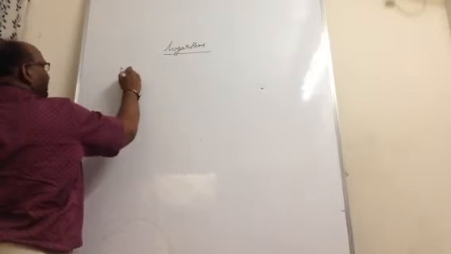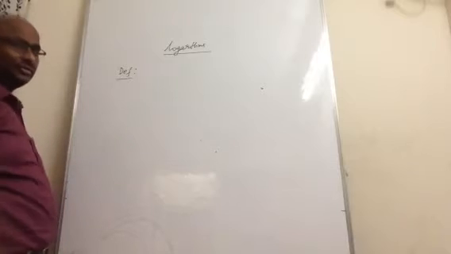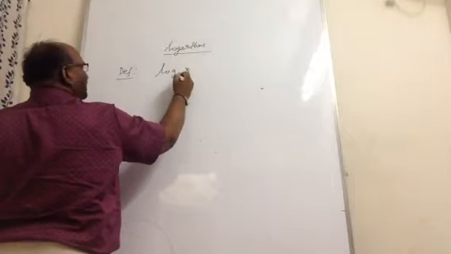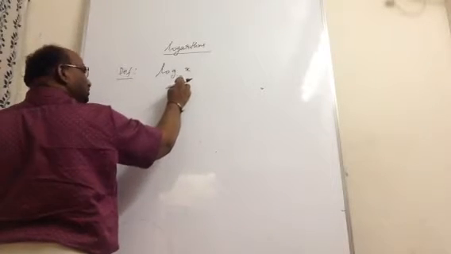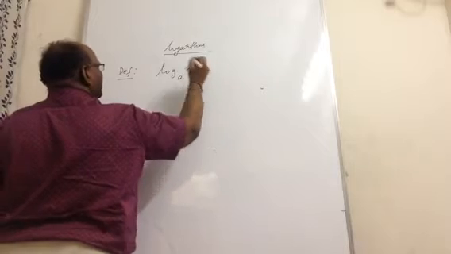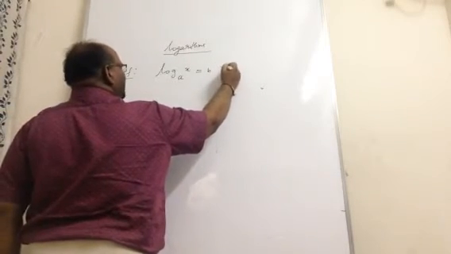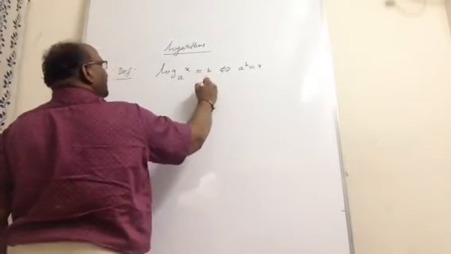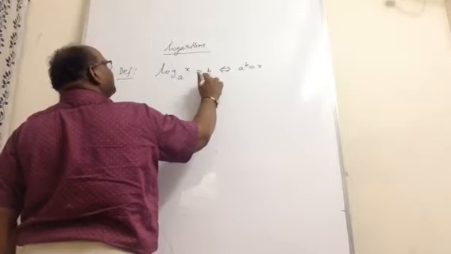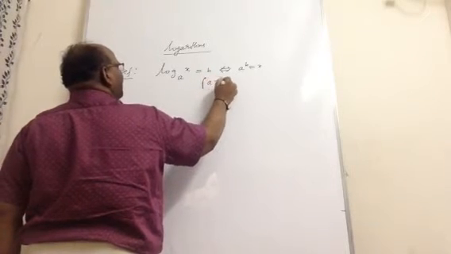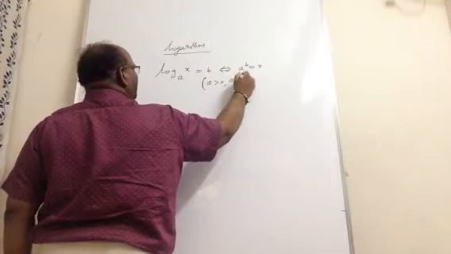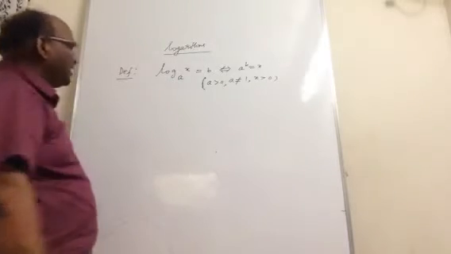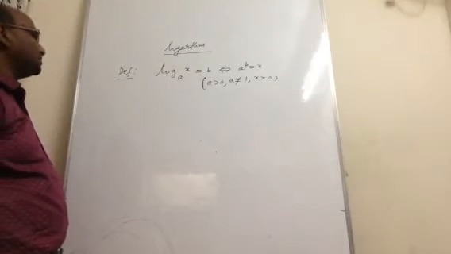First, the definition. Whenever they are introducing a word, they have to define it. Log of some number to the base a: log x to the base a is equal to b implies and is implied by a power b equal to x. Within brackets, a must be positive, a is not equal to 1, x must be positive. So, in the definition itself, there are some restrictions.